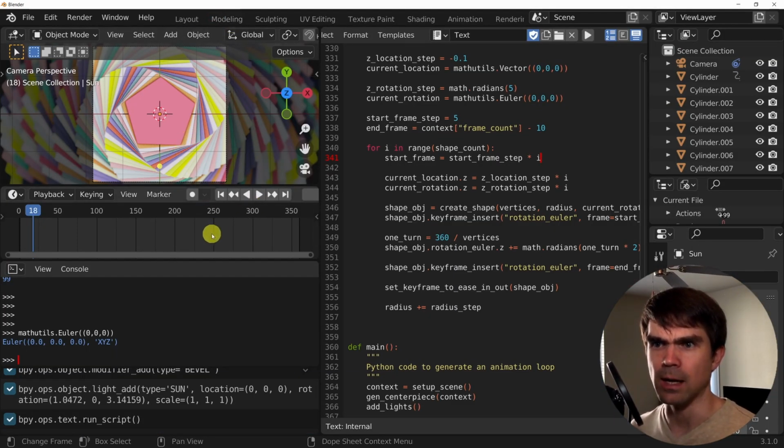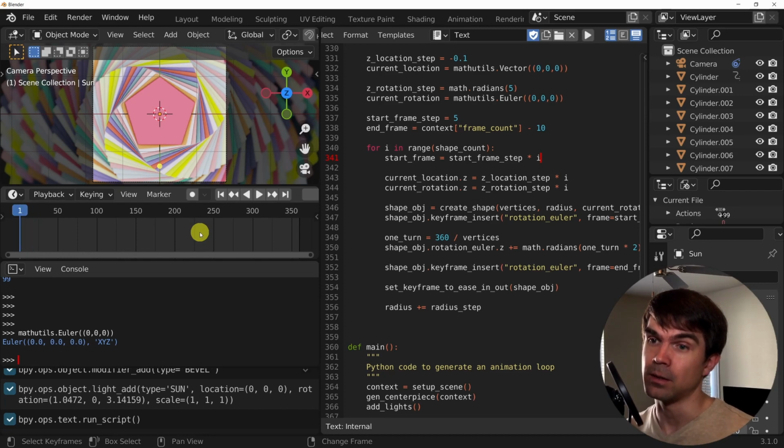So let's actually do that. I'm going to hover over the timeline, hold Shift and then the left arrow and then right arrow, right? So I'm just going to go back and forth between first and last frame. You can see that the shapes that are in the camera are not moving at all. So this works for me, basically.